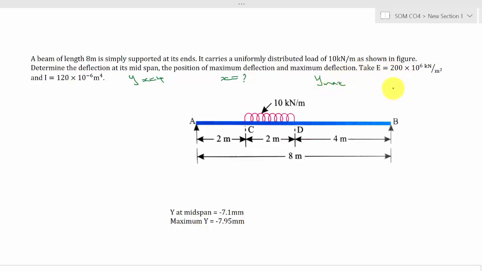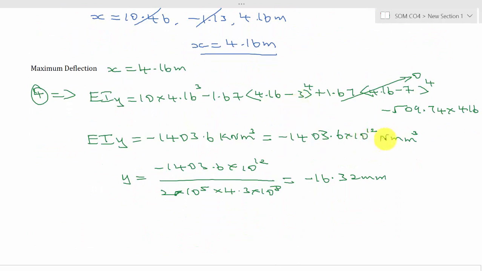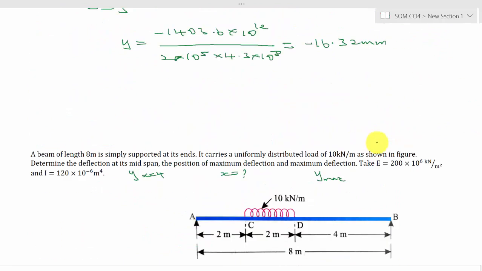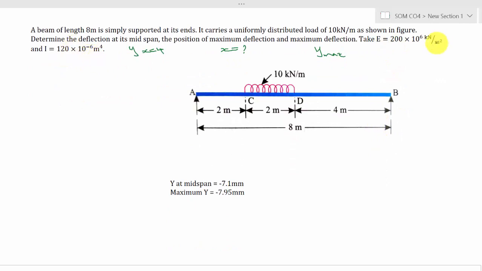Okay, so the important point here is, here the E and I values are directly given in kilonewton and meter. So here you don't need to multiply by 10 power 12. You can directly substitute the values because the E value and I value are given in kilonewton and meter. That is very important. So here, for calculating the reaction force, consider the 10 kilonewton alone. So it is 10 into 2 at a distance of 1 meter, with points A, C, D and B.